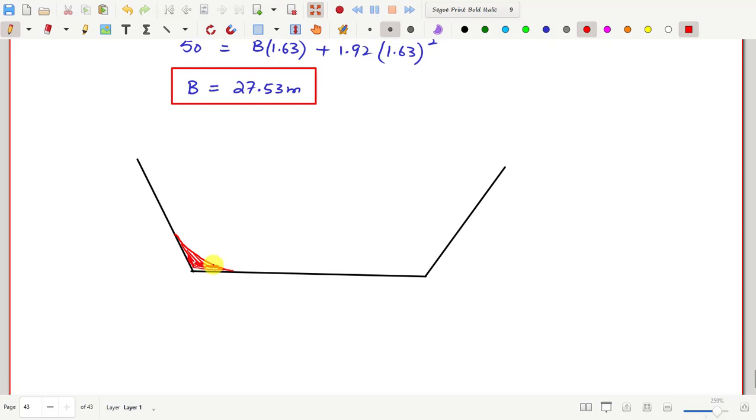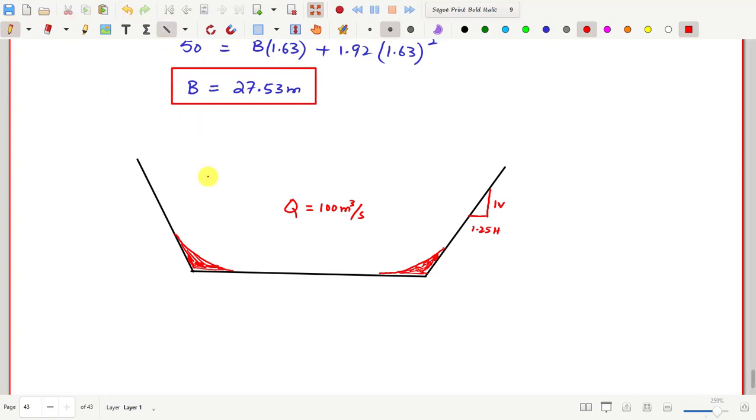Which is round at the bottom, and if its side slope is 1 vertical to 1.25 horizontal, and if the discharge we need is 100 meter cube per second, then for that case